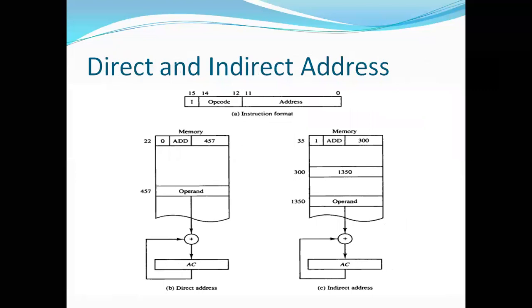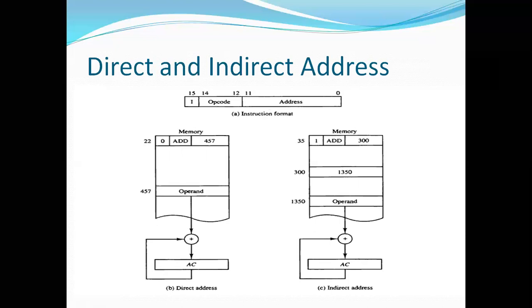After that we deal with direct and indirect addresses. The addressing modes will be discussed in the next video; here I am only telling about indirect and direct addresses. Suppose you use pointers in your program; that is not a direct address, it is an indirect address. Here the address part is bits 0 to 11, bits 12 to 14, that is 3 bits, are the operation code, and the last bit, I, is used to indicate a direct or indirect address.